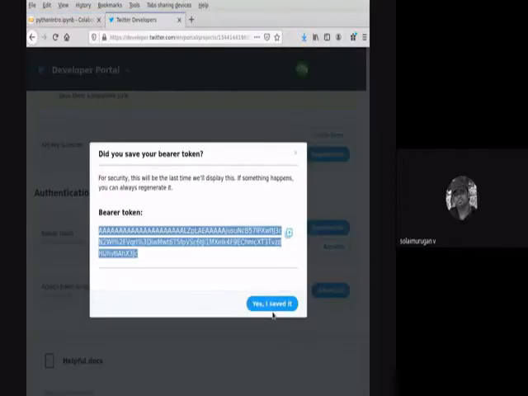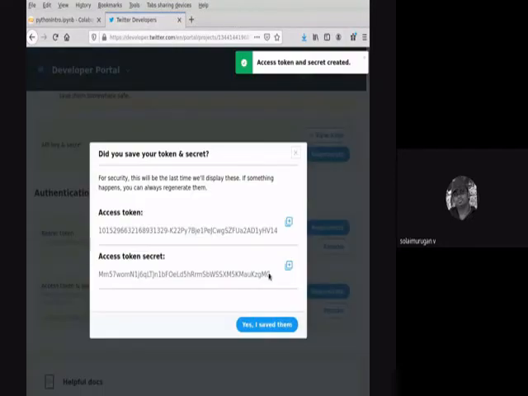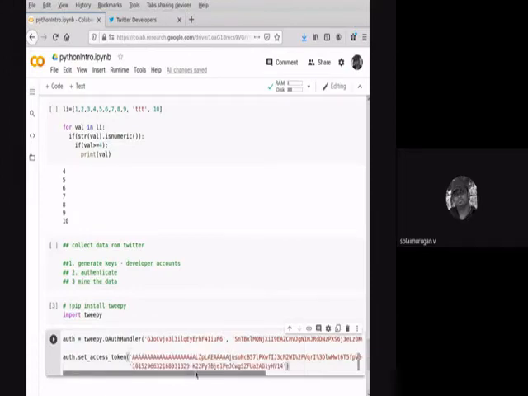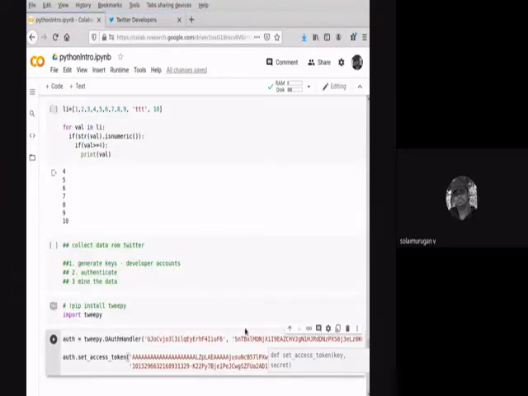Then as I saved it, I copied it, then generate this one. So I just copied the four keys.